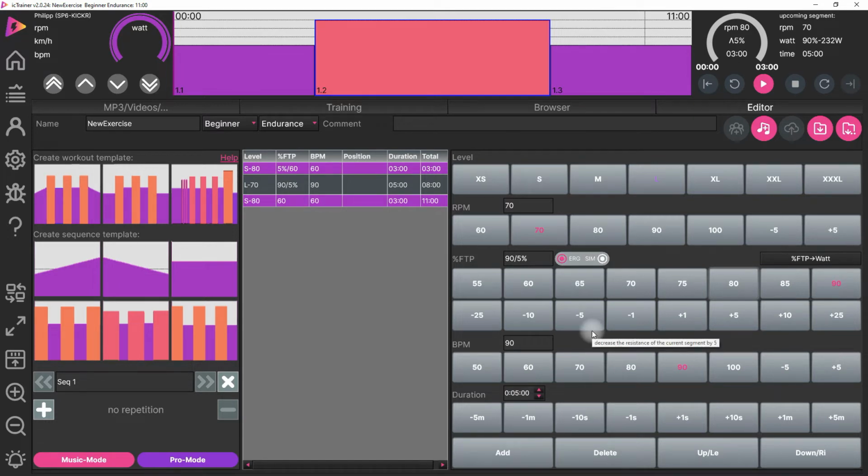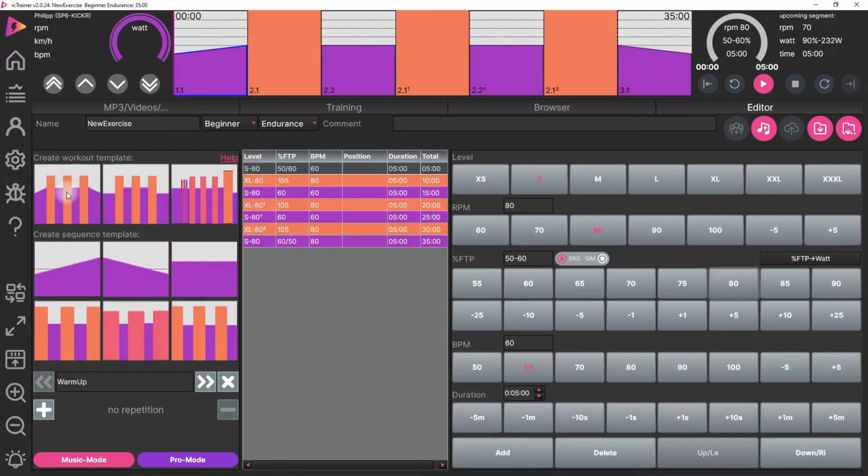So now with this you can build your workout with single segments. But we also have the sequence possibility. This means repeated segments. So for example, we take here a workout template we have. Then we have here one segment for the warm-up. Then we have